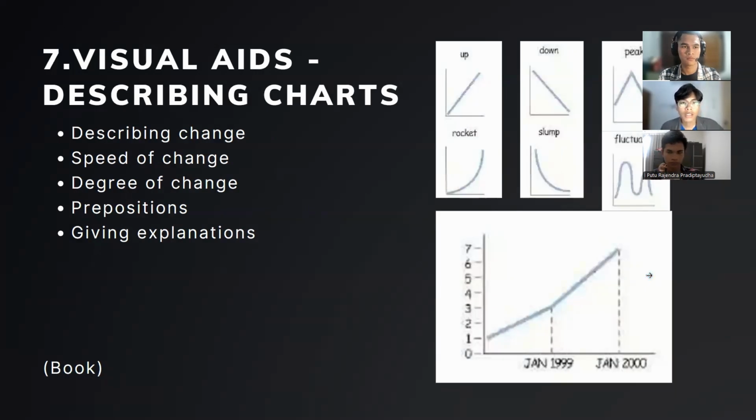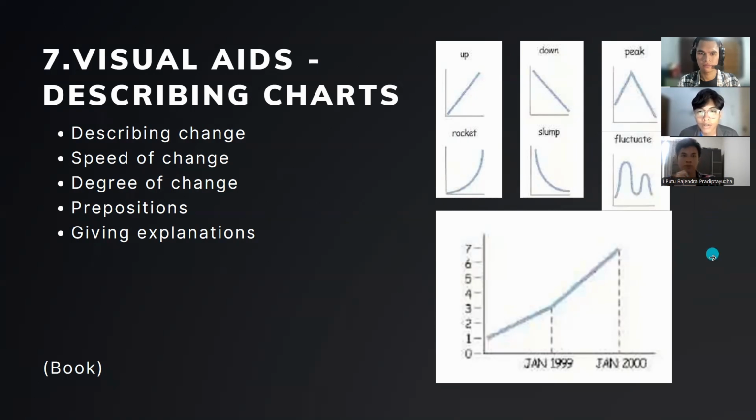Okay, the next one is visual aid, describing chart. As we can see here, there is an up and rocket chart. We can describe it like this: to go up, to increase, a rise, an improvement. Okay, the next chart we can see it like this. We can see here, which is a down and slump chart. We can describe it like this: to go down, to decrease, a fall, a worsening. Okay, the next chart, which is peak and fluctuate, we can say it like this: to fluctuate, to bottom out,